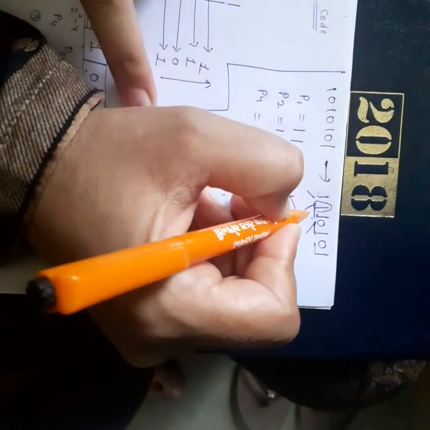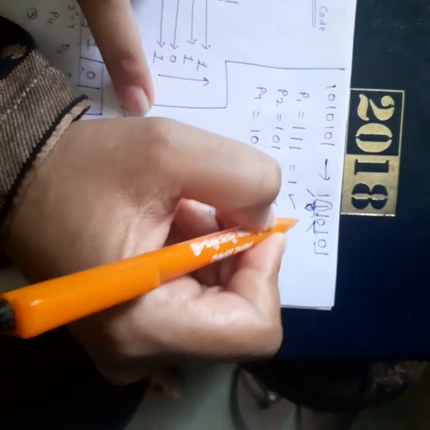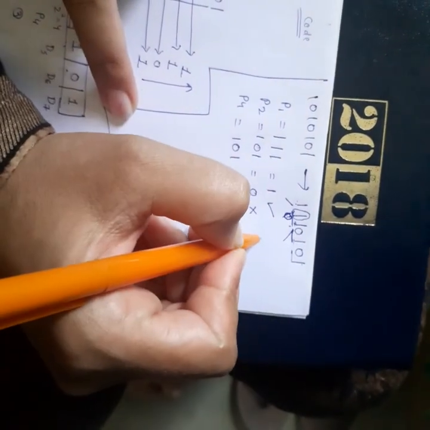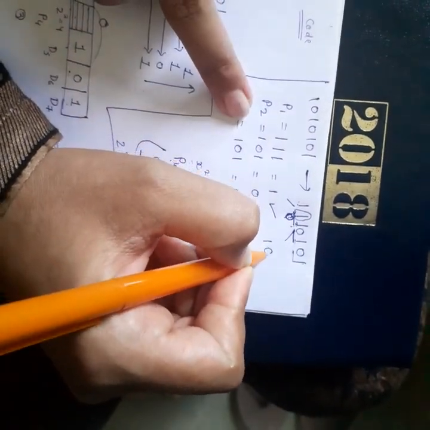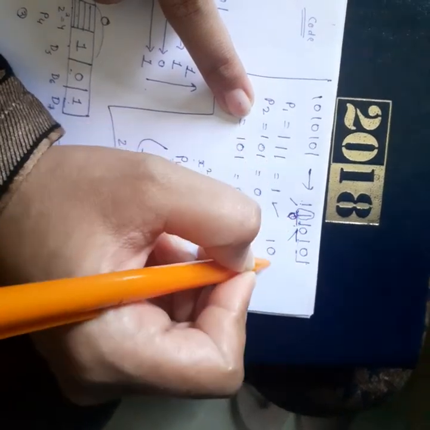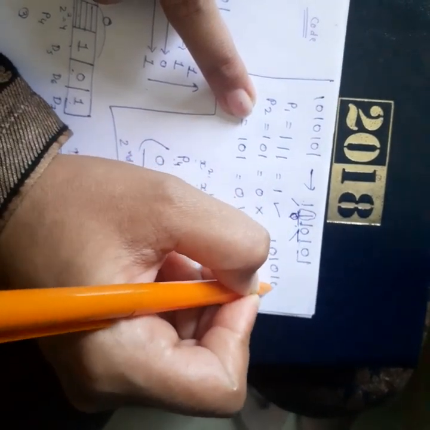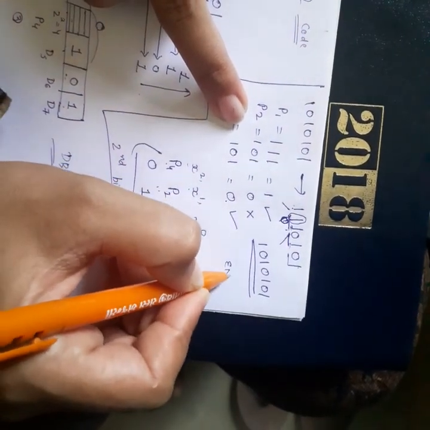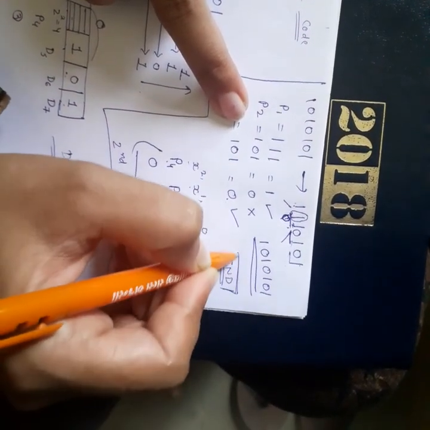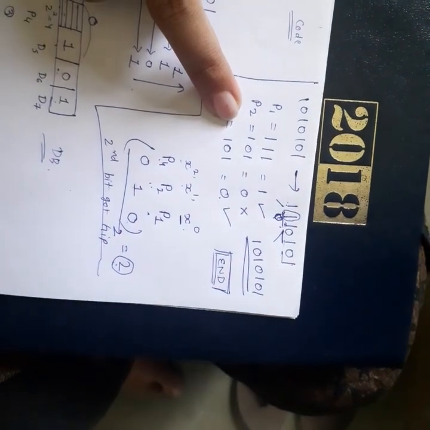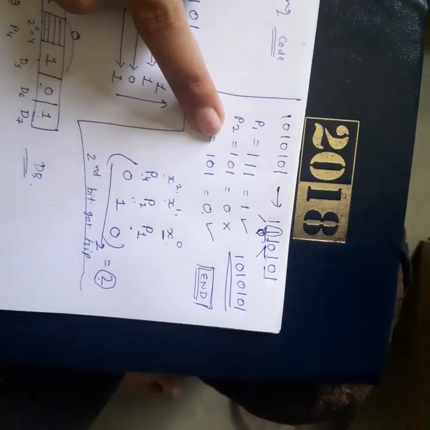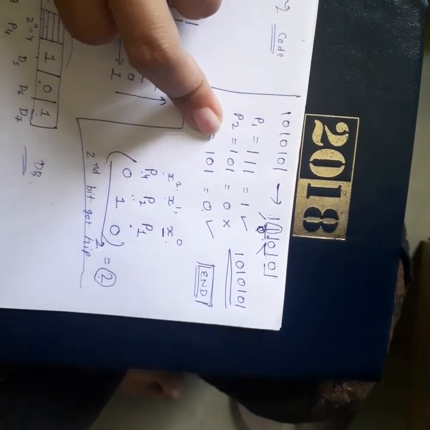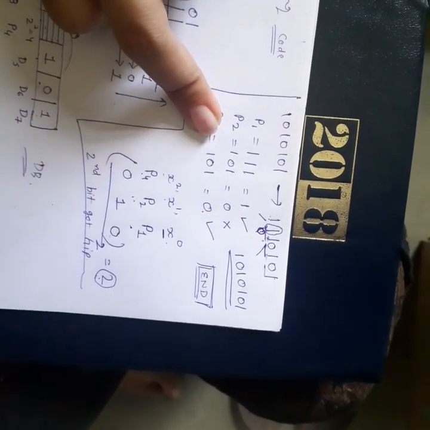So if you put 0 here and recalculate P1, P2, P4, everything would be the same over here. So likewise my receiver can say 0 should be there in place of 1, and the rest of the content should be as it is, right? So likewise my user can detect as well as correct this kind of error, right? But this is helpful for identifying only a single bit error. If multi-bit errors are there, at that point in time Hamming code will not be helpful.